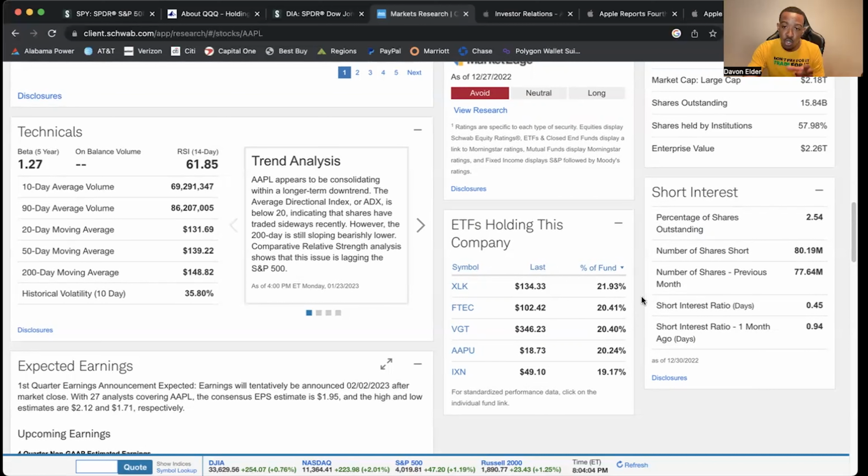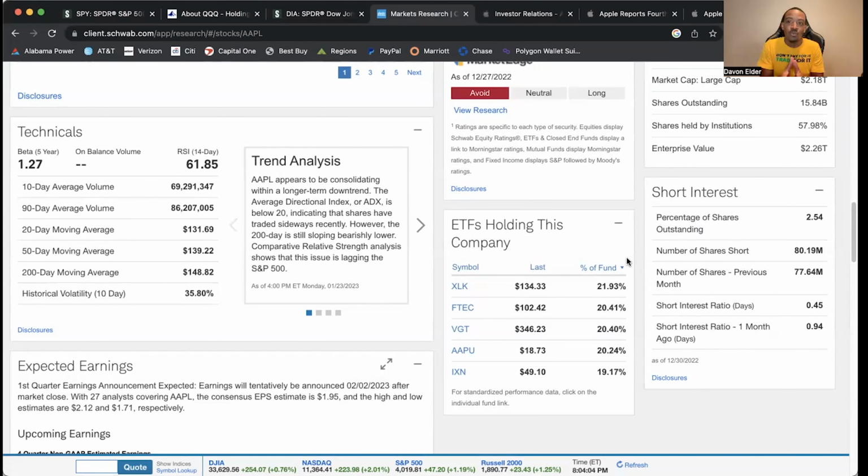And it also shows you the percentage that the stock has in this particular fund. So Apple is 21.93% of XLK, 20.40% of VGT, and 19.17% of IXN. So this company is a huge weighting in these other ETFs, because if you go back to SPY,